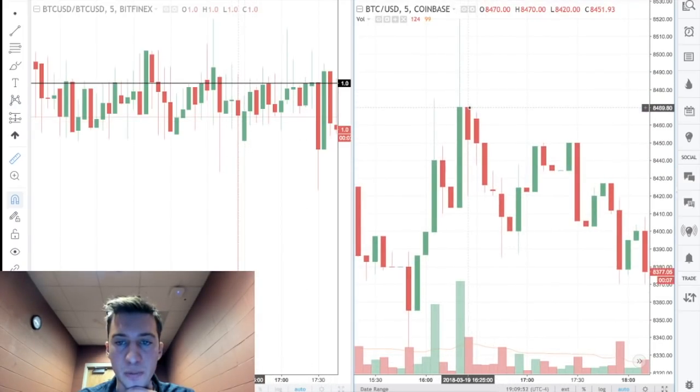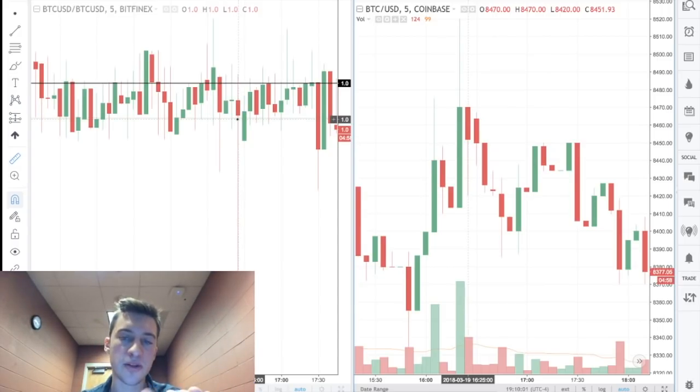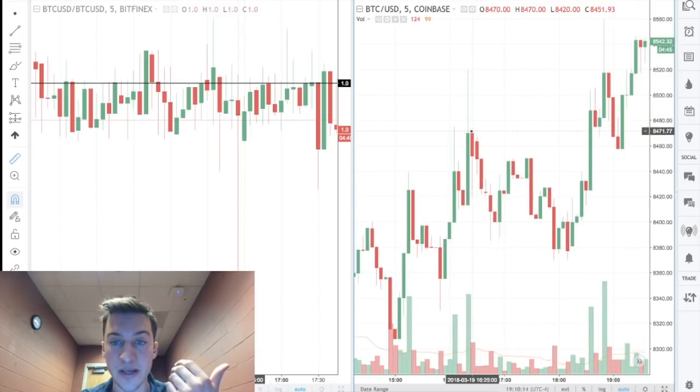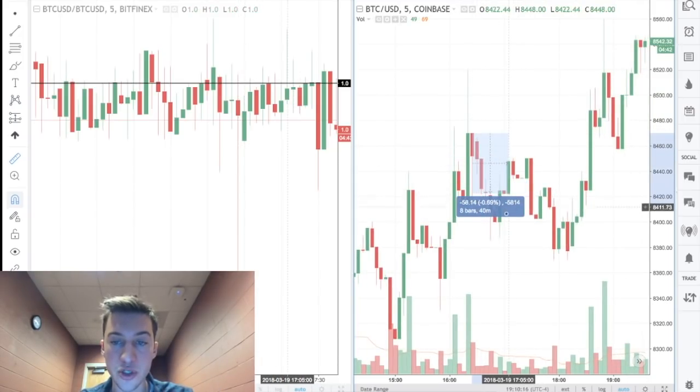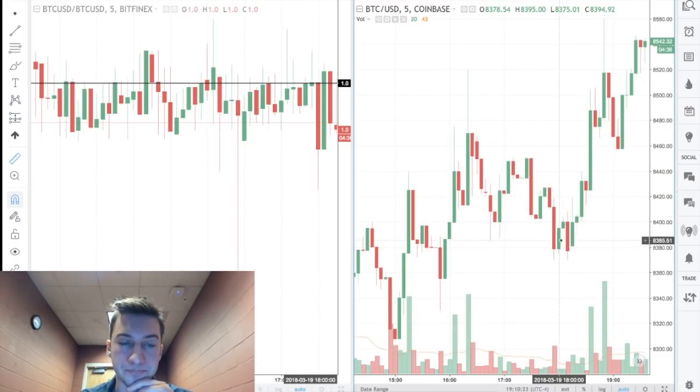So imagine that price had just opened here. So price is here. You don't know any of this information. Price is right here. So what had actually occurred was that the Bitfinex rate had just gone right down. The GDAX Coinbase rate was flat here. And this is indicating you to sell right here, right? Because this low tail means that the Bitfinex rate is going down very quickly. There's an arbitrage opportunity. And if you had sold here, you would have been selling at the best possible price. And then you could have shorted here, made a nice profit, or just bought back in at a better level. If you had sold, then bought.